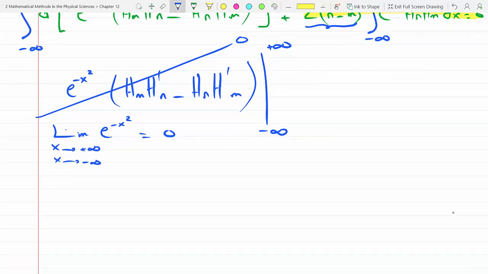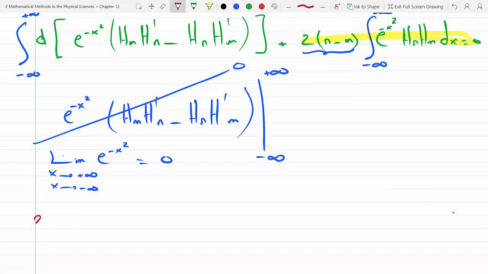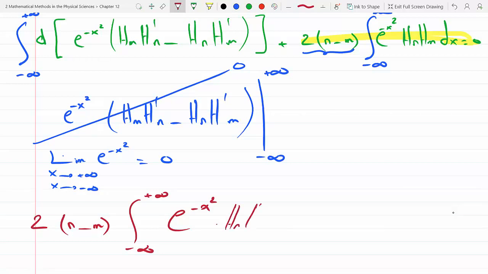So that means, back to the original question, 2n minus m, integral from minus infinity to plus infinity of e to the minus x squared hn hm dx, and again, keep in mind those are both functions of x, equals 0. So either n equals m,